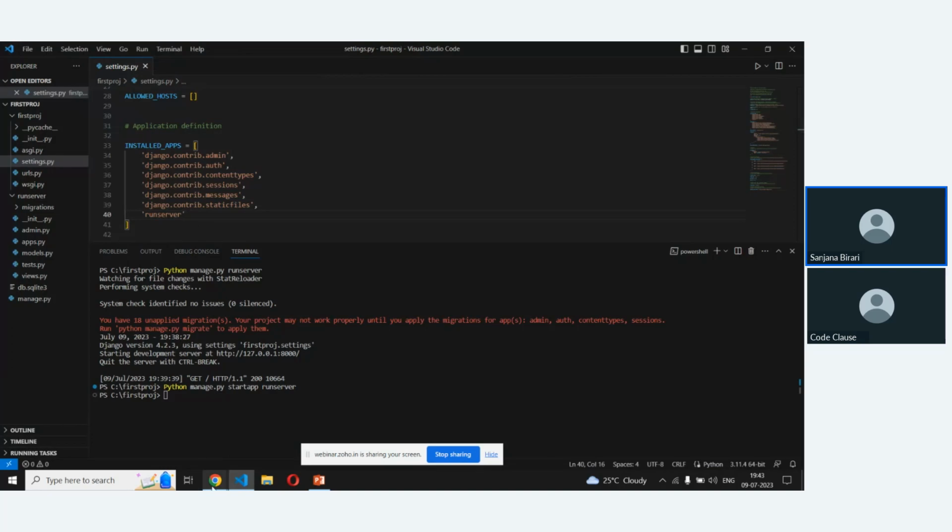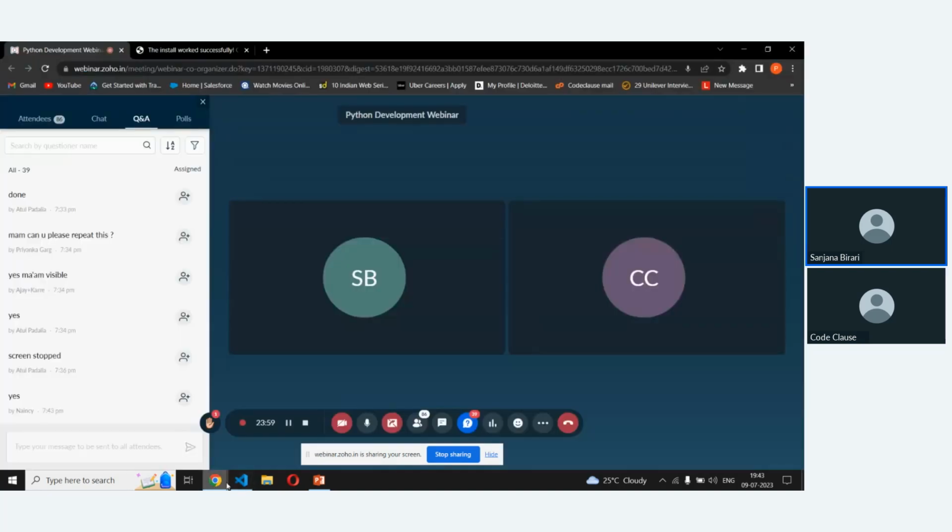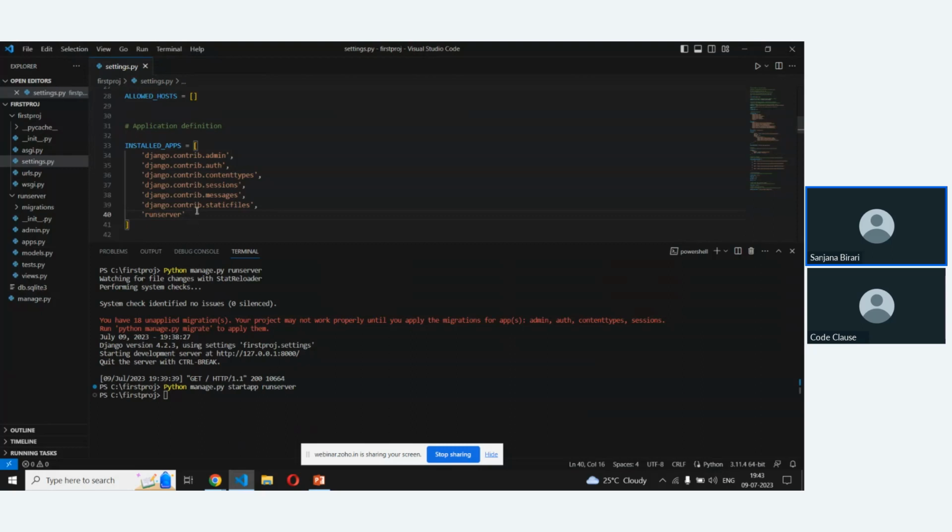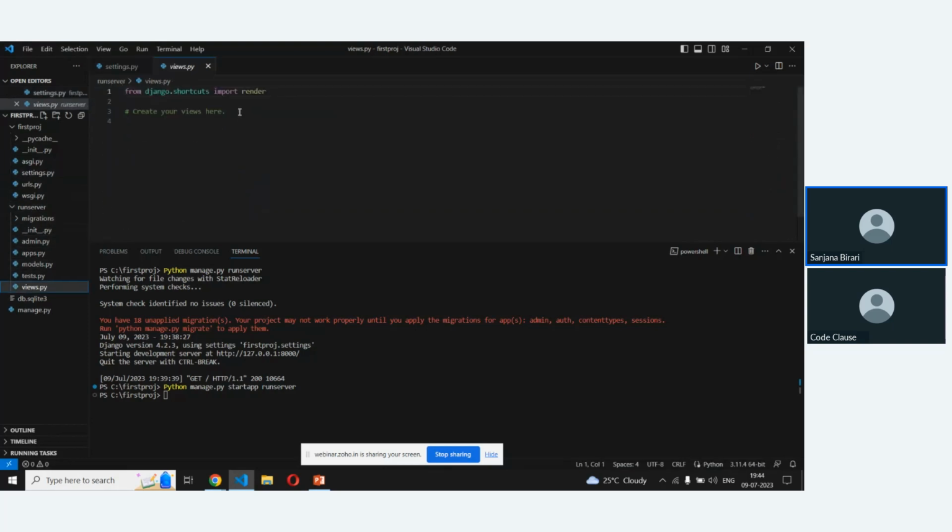Now I have already registered my app in the default settings. After that, what you have to do now is create a simple web page which will show a text. For that, you have to go to your views.py from your application, not the project one.